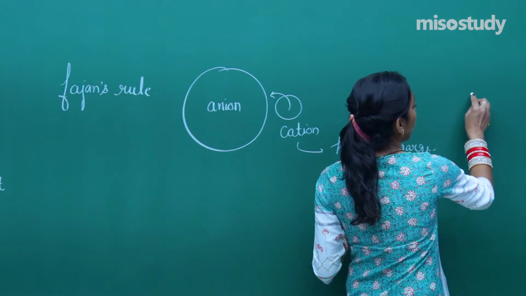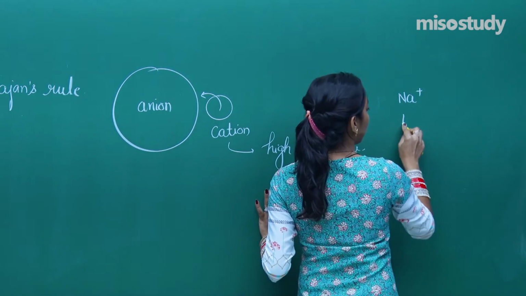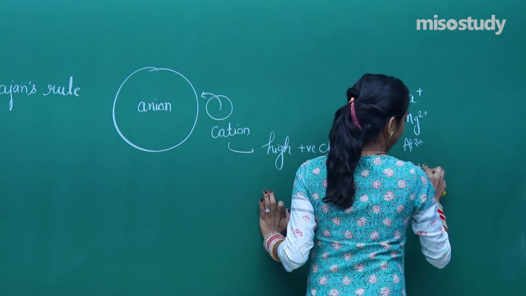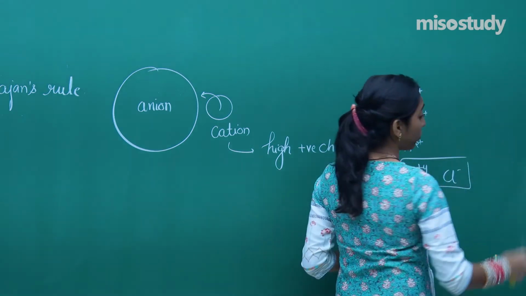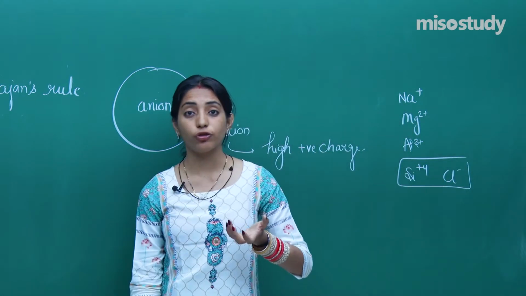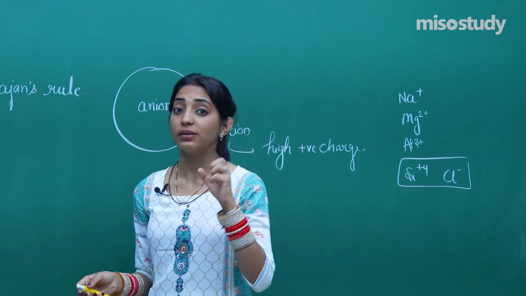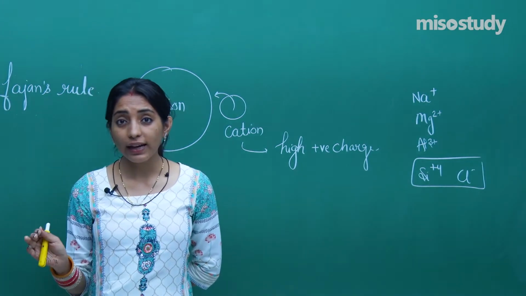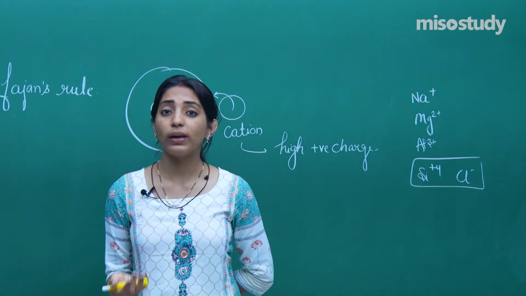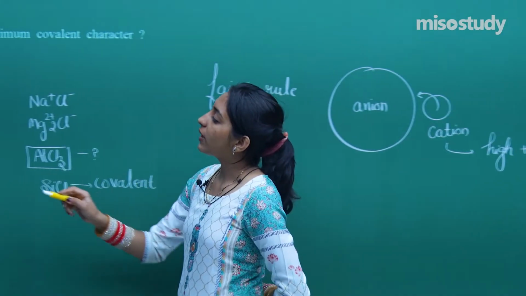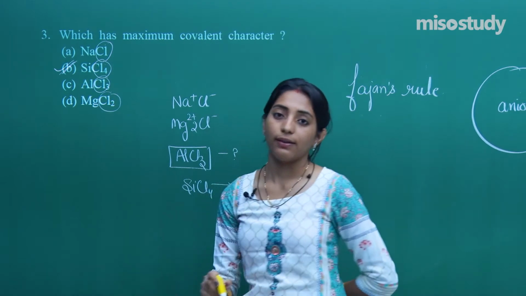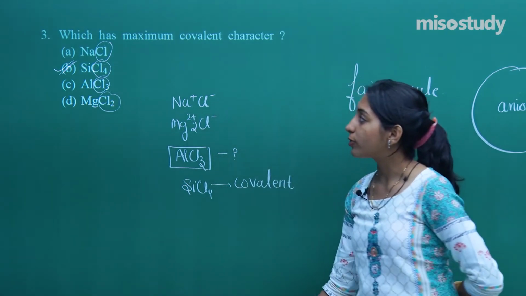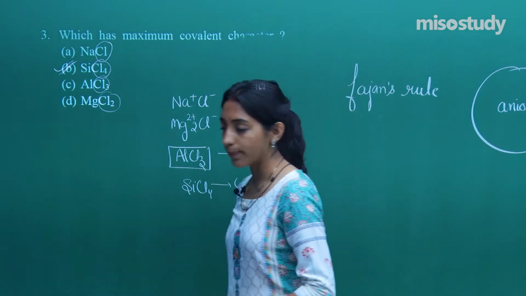Now see, in the case of Na plus, the charge is +1. In the case of Mg, the charge is 2 plus. Aluminium 3 plus. But silicon, if you consider SiCl4 to be perfectly ionic, then silicon will have +4 charge, and because of the +4 charge and the smaller size of silicon, it will easily push the electronic cloud of chlorine in one particular direction, thereby introducing lots of covalent character in the molecule and giving maximum covalent character in SiCl4. Okay. So this was again one easy question from the topic Fajans' rule, which I think is very clear.